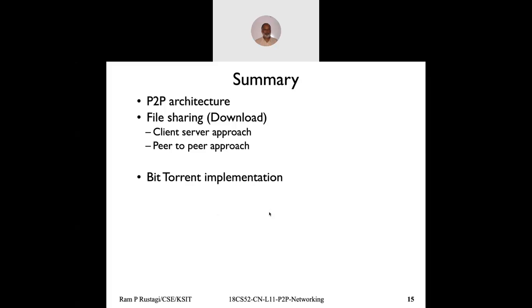And after a peer has got the full data, it may remain in the network. That means I'm being helpful to others, or I could be selfish. Just because I got my movie, why should I waste my bandwidth and get out? It depends. So the challenge always remains: how do you incentivize a user to remain in the network so that all other people benefit? Because if you are being helped by others, we should also help others, but that generally doesn't happen. So that is still a challenge, but more or less it works, and that is what BitTorrent technology is.